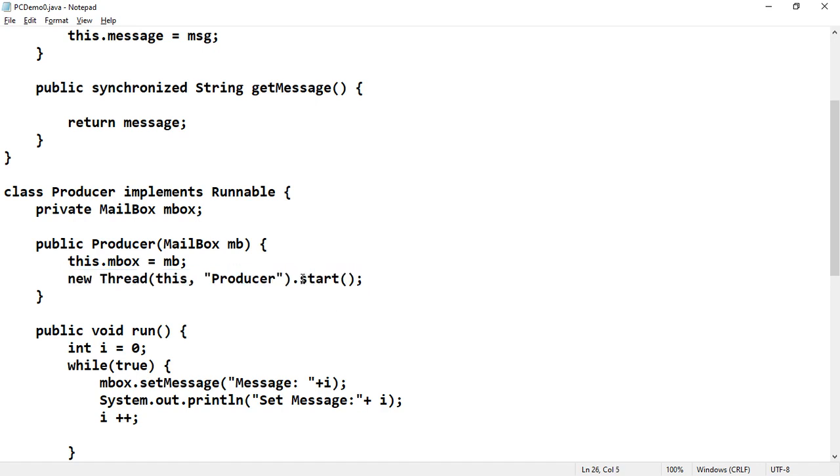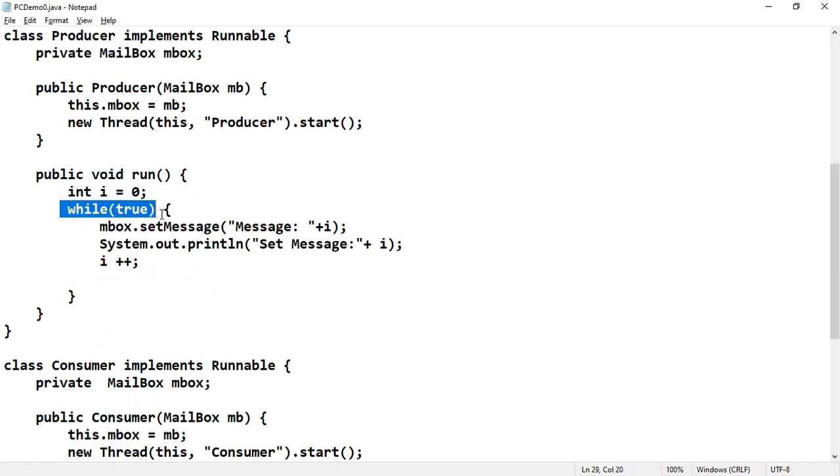Once the thread is started and the scheduler is available, it has to go into the running state. In the running state, what it has to do is continuously look for setting of the message. So public void run, int i is equal to 0, while true, which means it is continuously waiting.